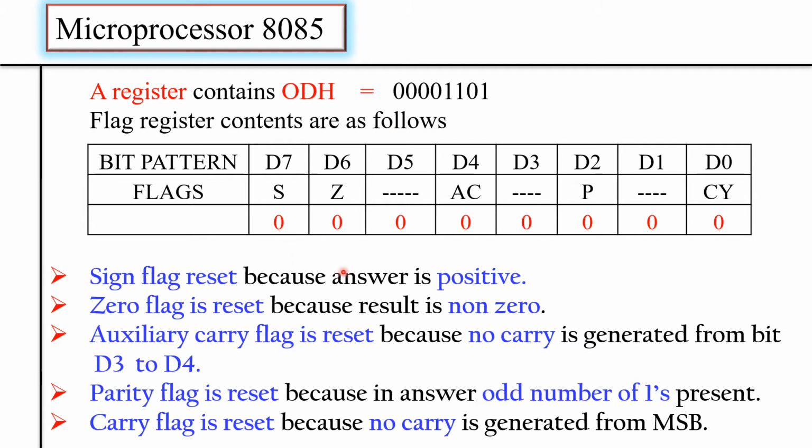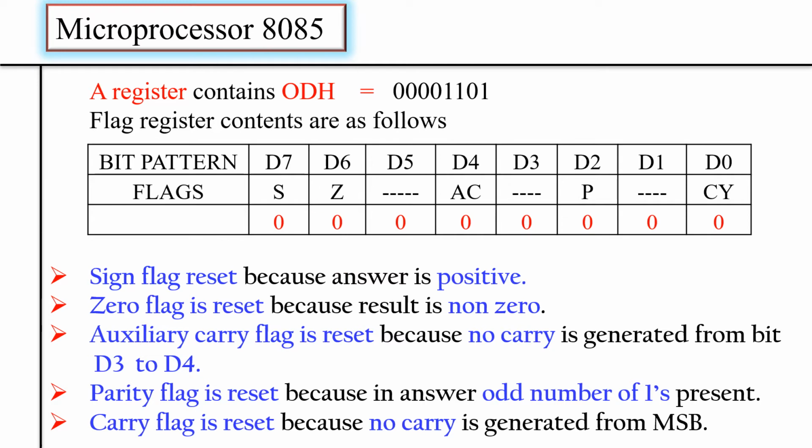Students, we have seen that based on the flags, three types of questions might come. One, directly to explain about the flags. Second, you are given the flag register data directly, and you have to write which flags are set and reset. Third, you might be given an instruction, and you have to execute that instruction, perform the operation, and see which flags are set and reset during its execution.